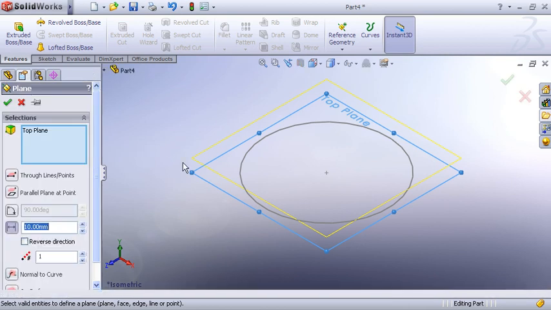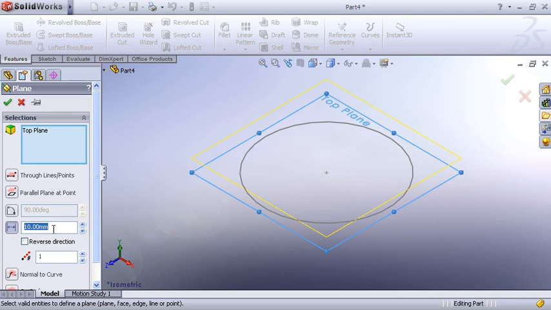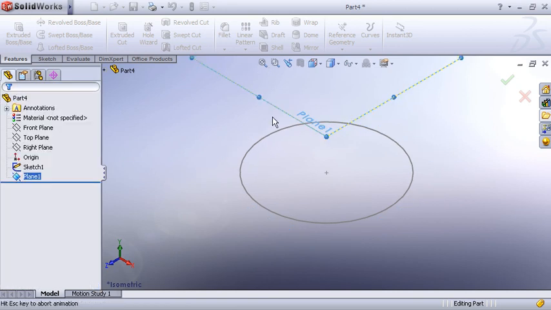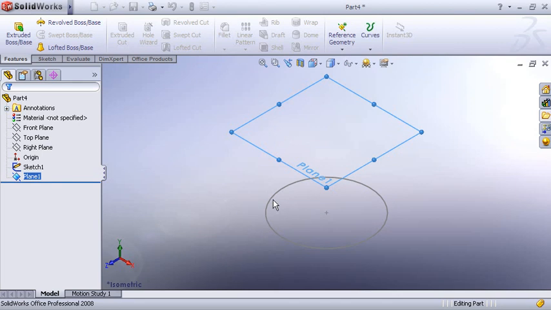Now you are creating a new reference plane. The distance between the top plane and this new work plane is 80. That's why you enter 80 distance here. After entering the distance, here you can change the direction. If you click on reverse direction, that will come on the bottom side. Again, if you click, that will come on the top side. Distance is 80. Then click on OK. Now observe, you can see the new reference plane. This is the new work plane.